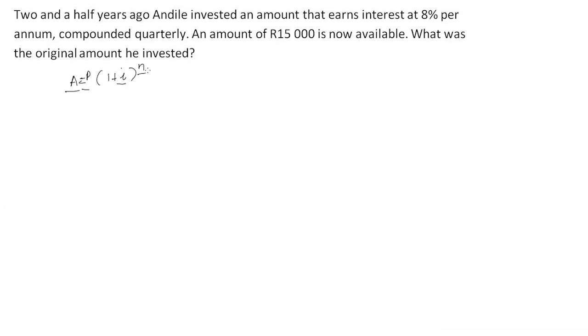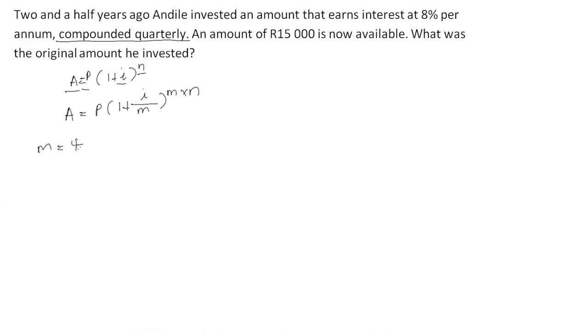Now, if we go back and look at the problem, it says that Andile earns interest on his investment at 8% per annum compounded quarterly. The formula for calculating compounded growth, where the interest rate is compounded annually, monthly, or daily, is given by the following. m in the formula is the number of times that growth is compounded annually. Since the interest rate is compounded quarterly in the problem, m